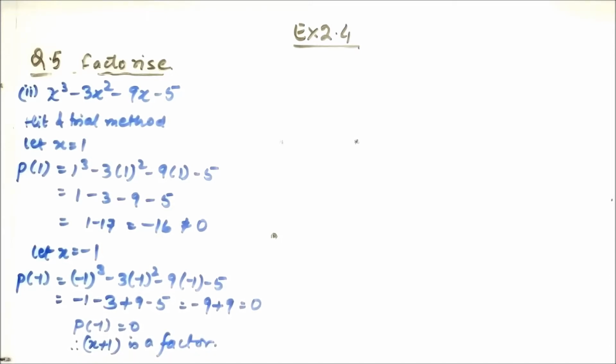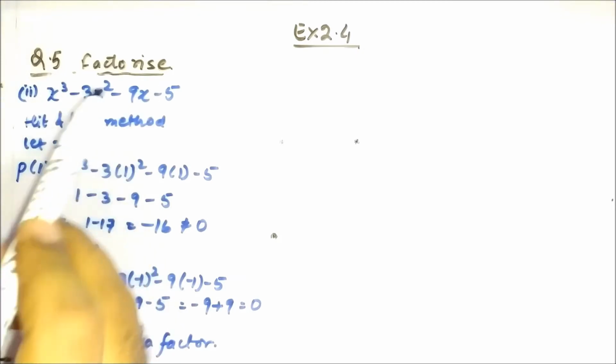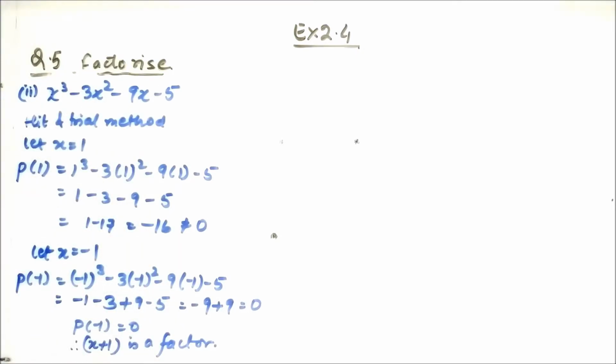Like this, you need to apply the hit and trial method. If you are not getting 0 for the first value, you can try in rough also. Suppose I tried x is equal to 1 in rough and didn't get 0, then I tried again with x equal to -1 and got 0, so you can write only that in the fair copy. There is no need to write these two things. Now we got x plus 1 is a factor. This was the first part of the solution. Now the second part is the division part. So we will divide this cubic polynomial by this linear polynomial, that is x plus 1.